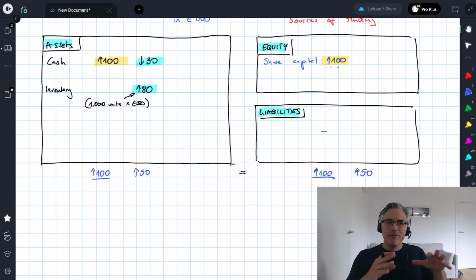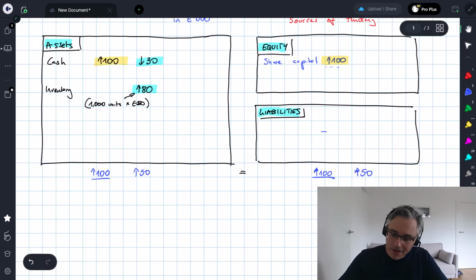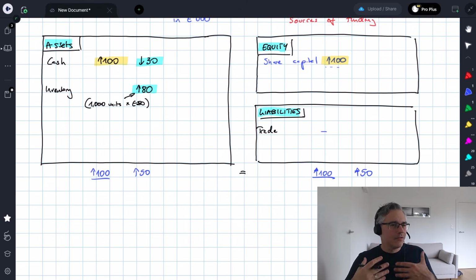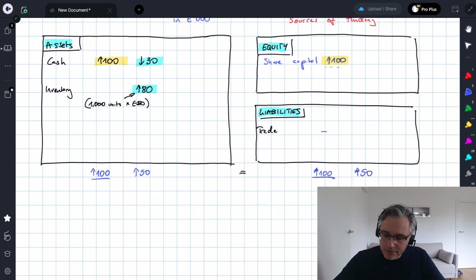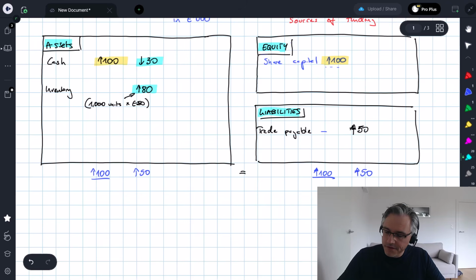So they are providing us with what we call trade credit, which will have to be paid back, or which will have to be settled. Liabilities incurred in our ordinary course of business in relation to suppliers are typically called trade payables. And of course we still owe 50 to the supplier, so 50 over here, growth of 50,